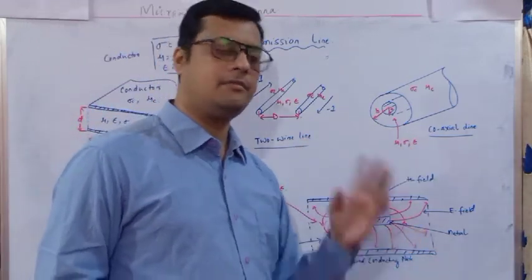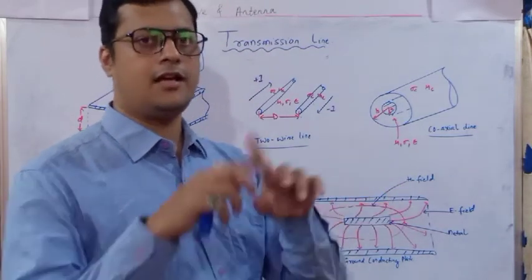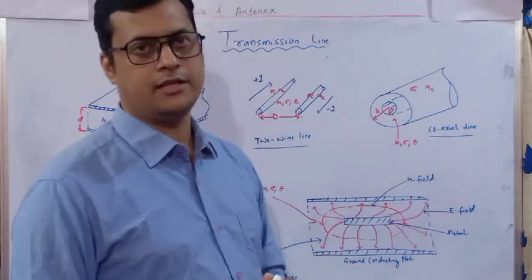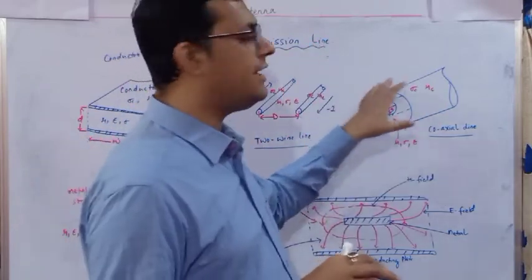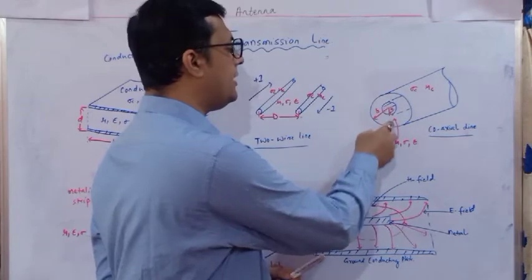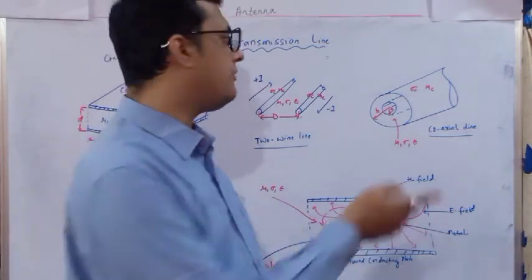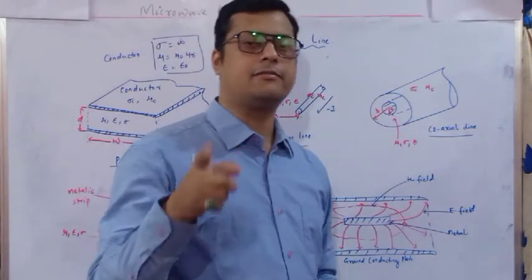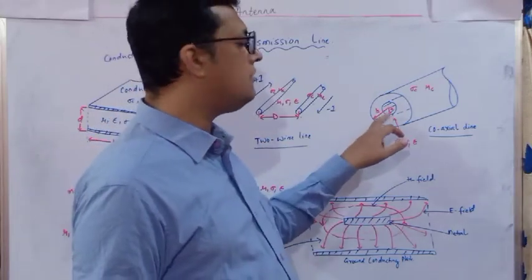Coaxial line means the inner conductor has a small radius, let us consider a, and the outer jacket has a radius small b. So the medium lies between the core and the jacket, core and cladding you can say. The medium between core and cladding is identified with mu, sigma and epsilon. But when I discuss the core and the outer part, sigma c and mu c is written. Okay, so only the medium is going to change.